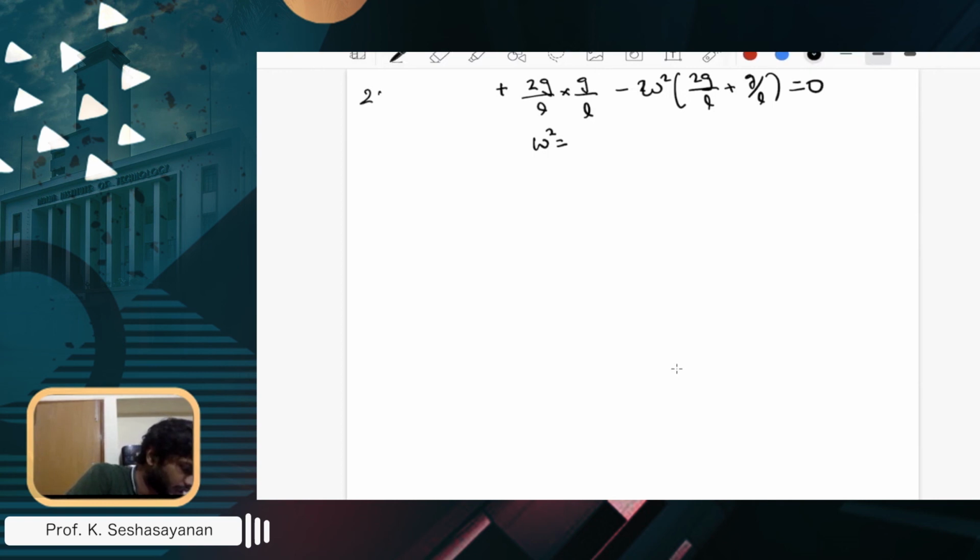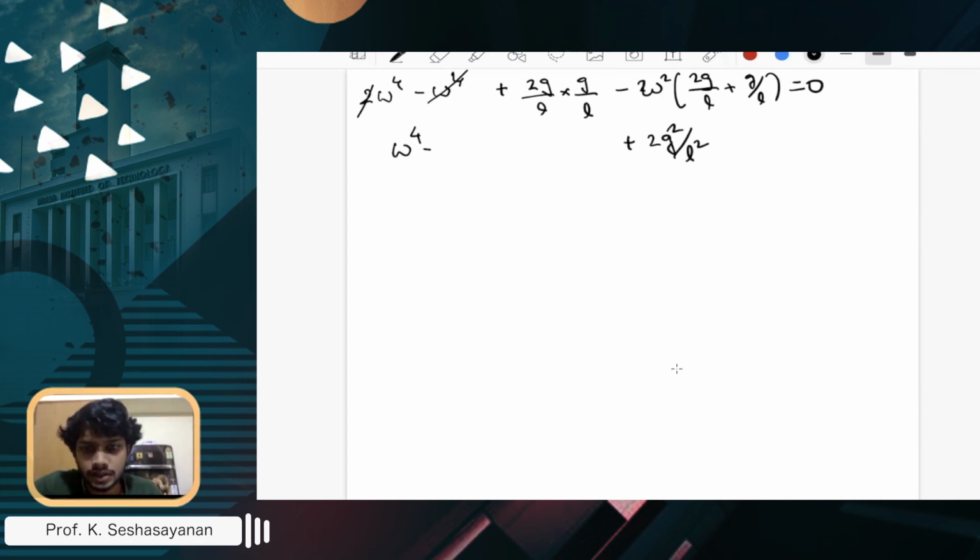So one gets 2 omega power 4 minus omega power 4, so one of it gets cancelled. So one gets omega power 4 minus, so one gets plus 2g squared over L squared. So just to verify that there's no error in it,